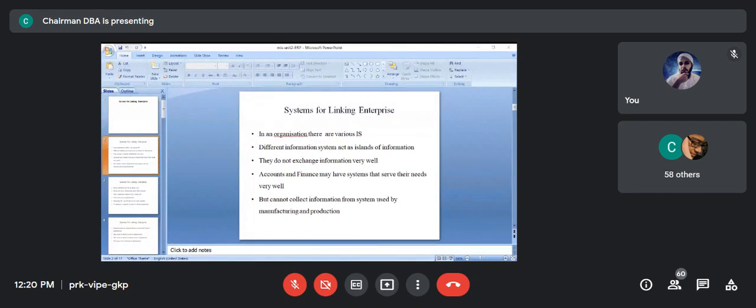So today we will focus on enterprise resource planning systems. In the subsequent class, we will discuss customer relationship management systems and supply chain management systems. Now, what are enterprise resource planning systems? In short, we call them ERPs. They are basically used to bridge the communication gap between all departments